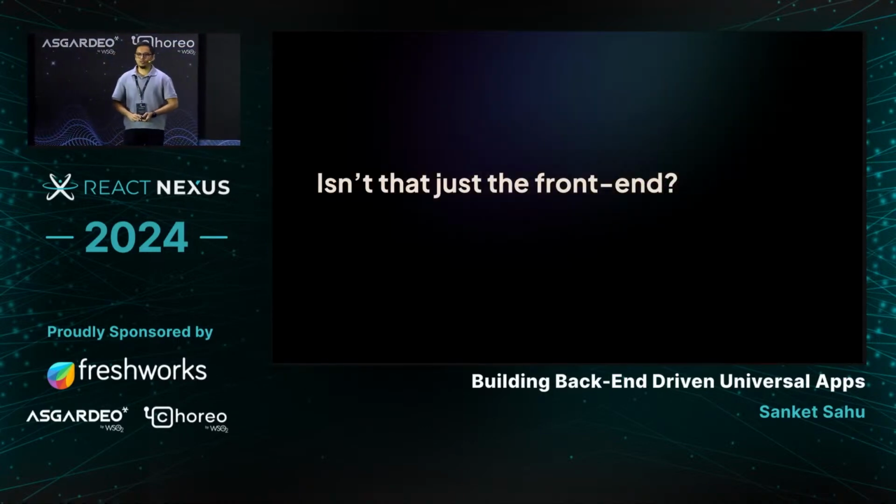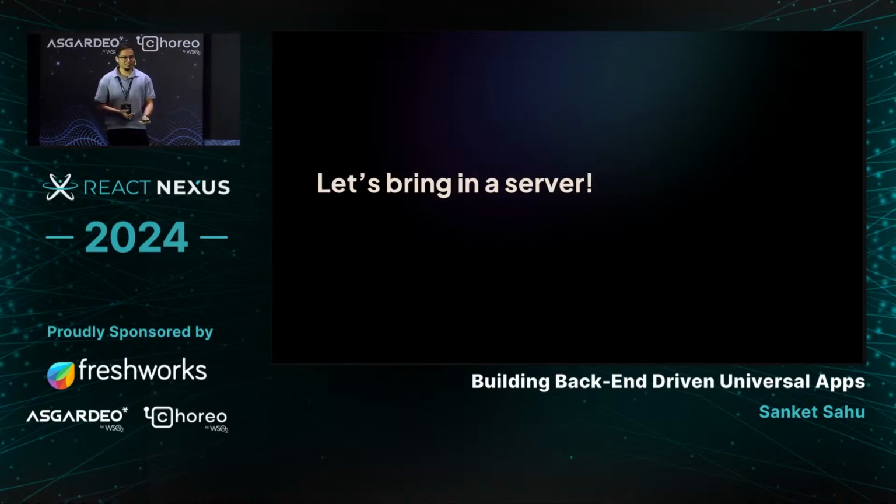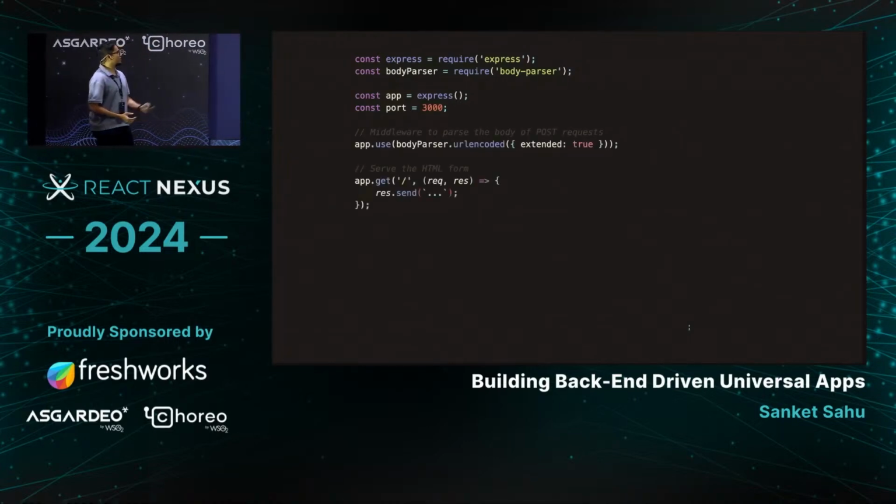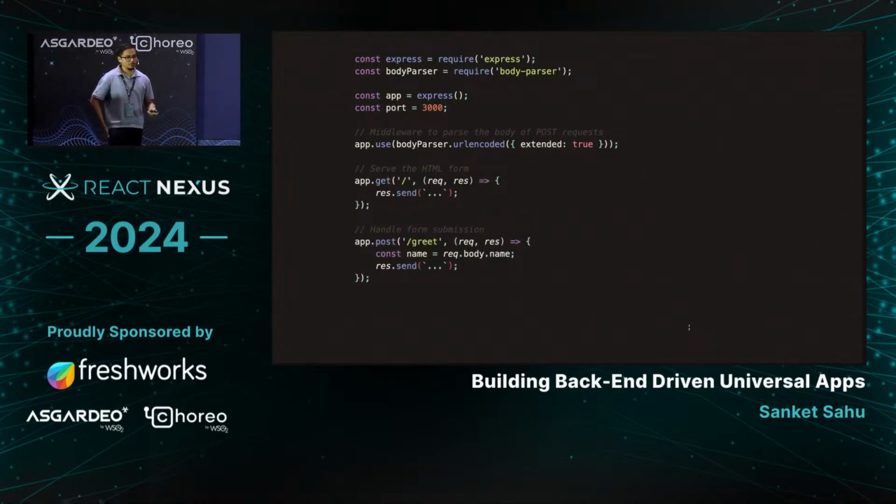But you may ask, isn't that just the front end? So let's bring in a server. We create the Node.js server using Express. We create some routes, say /route, that will give the first form. Then we'll have another route, which will accept the input from the first route into a greet post method, and